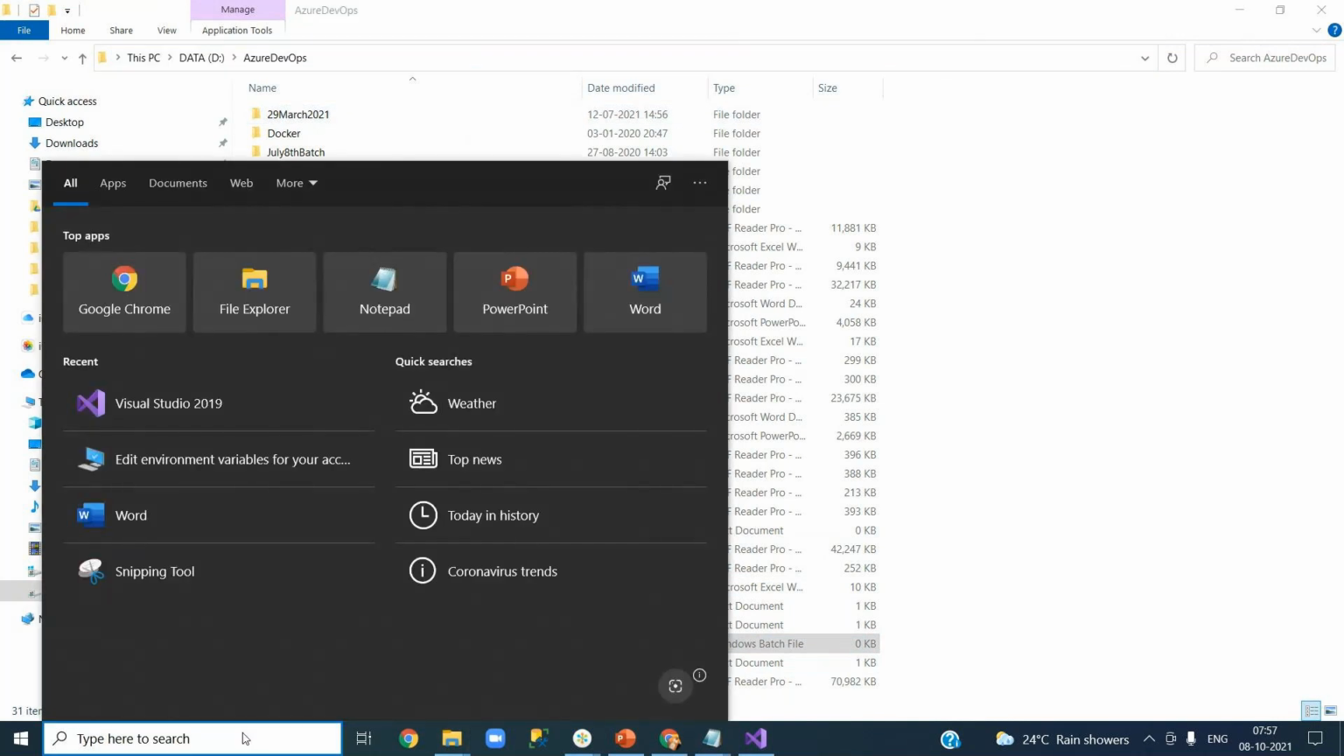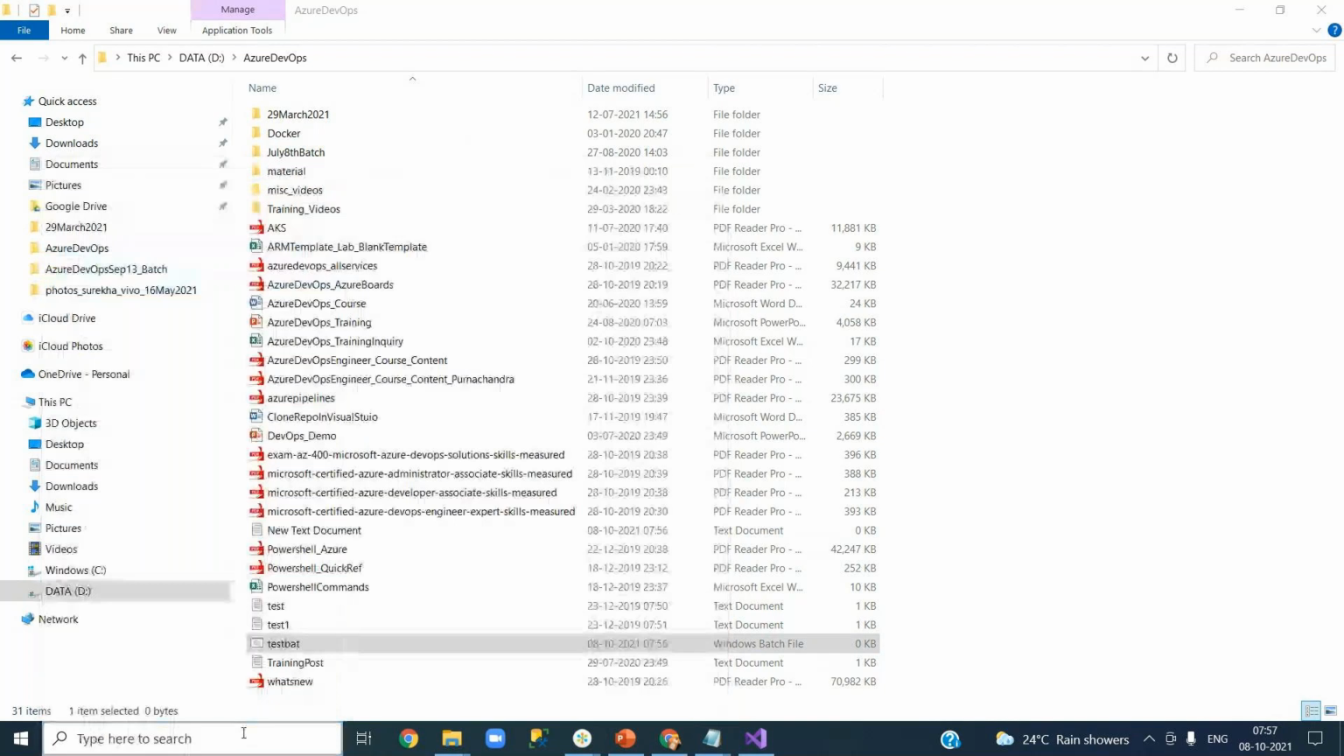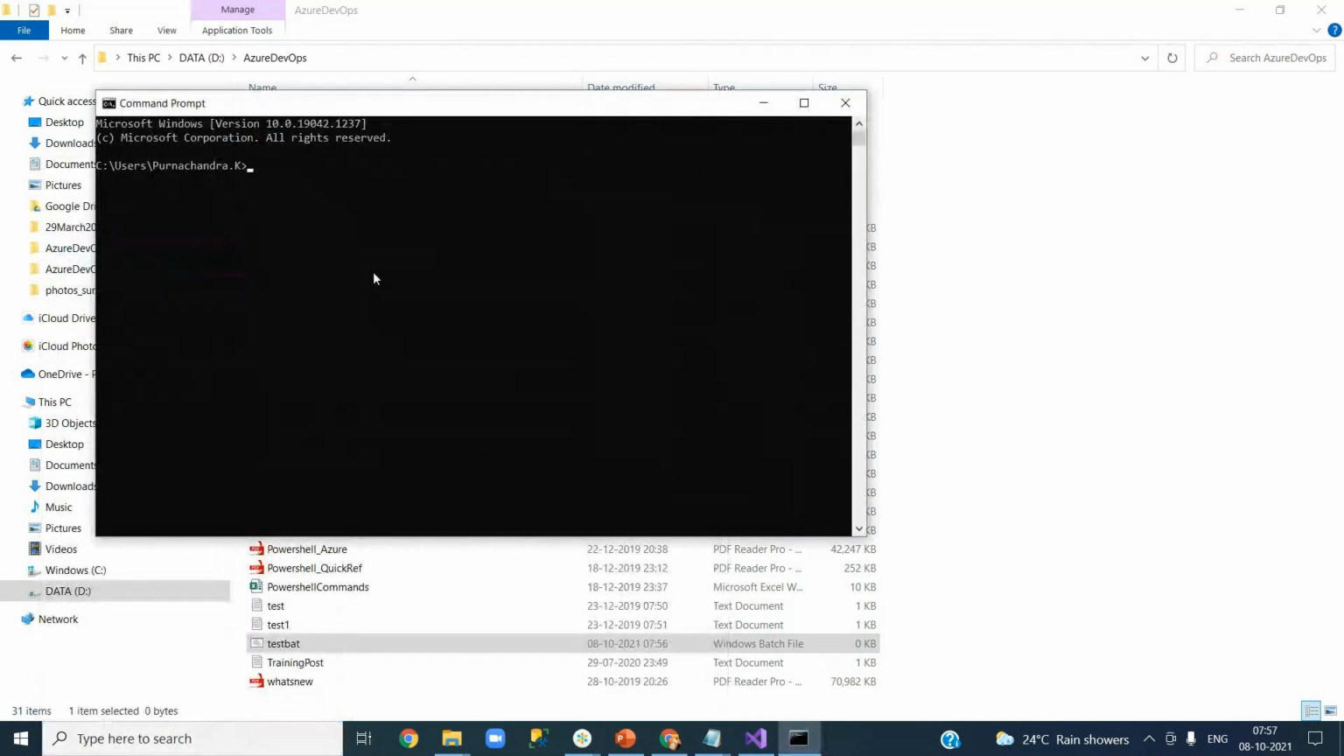let me open the command prompt. Can I run it from here? Test bat. I will not be able to run it, right? Because this batch is in the D drive, in the Azure DevOps folder. You have to go to that path and run it, then only it will be executed, isn't it? Right. So now if I go and copy this and run it,